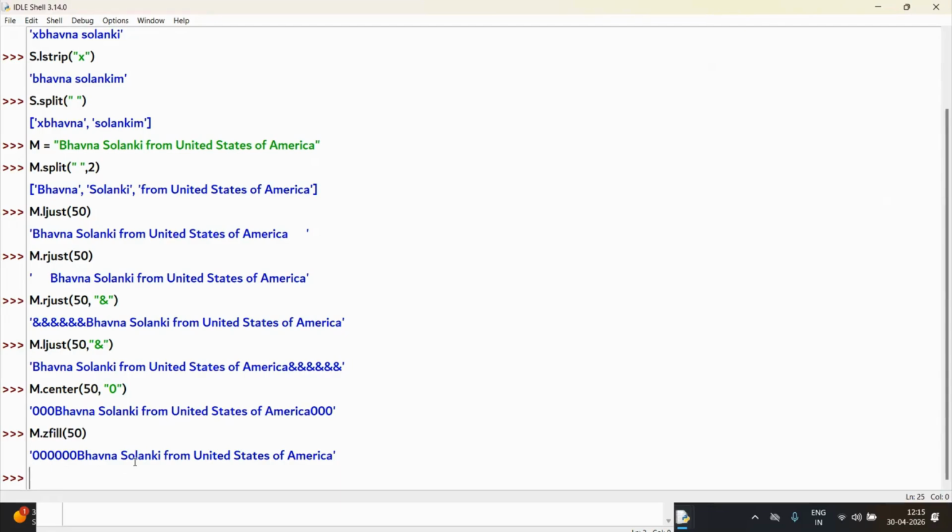Next, we have replace method. For that, write m dot replace and write whatever value you want to replace. So from this given string, we want to replace Bhavna Solanki to Janisha. Okay, first you need to write the first name Bhavna Solanki, give comma, then replace Bhavna Solanki to Janisha Solanki. Give the next name, Janisha. So close and